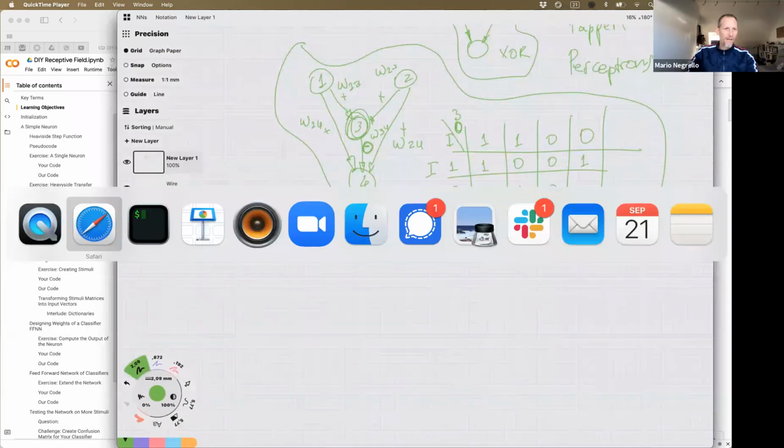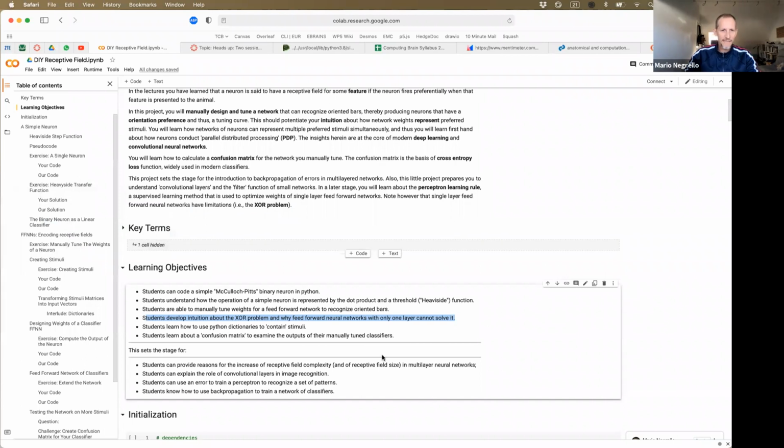Okay. Hold this thought. Find the weights for the XOR. One more thing. Towards the end,